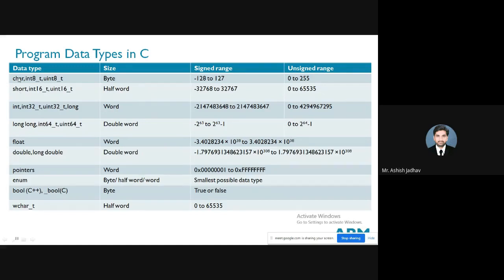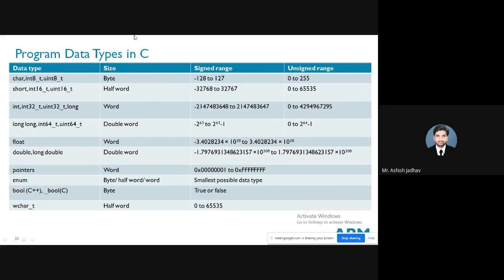Just keep in mind that there are many data types available, but usually we use very few of them, right? Here we have data types like character, then integer 8, right? Unsigned integer 8, right? The size of these data types is a byte.